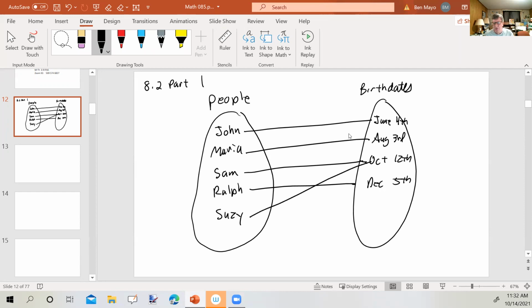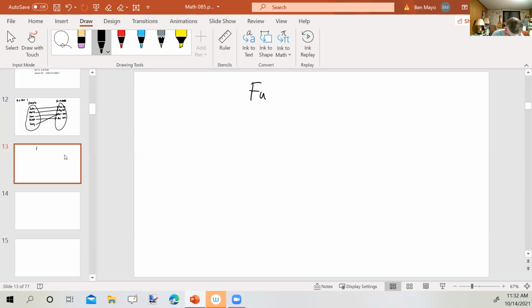Now, Sam and Susie aren't twins. They don't even know each other, but they have the same birthday. So what I want to look at here is how people and their birthdays work, okay? Each person has exactly one birthday, discounting religious experiences, of course. But each person has exactly one birthday. You don't have one person with more than one birthday, but you can have more than one person having the same birthday. This is how something behaves that we call a